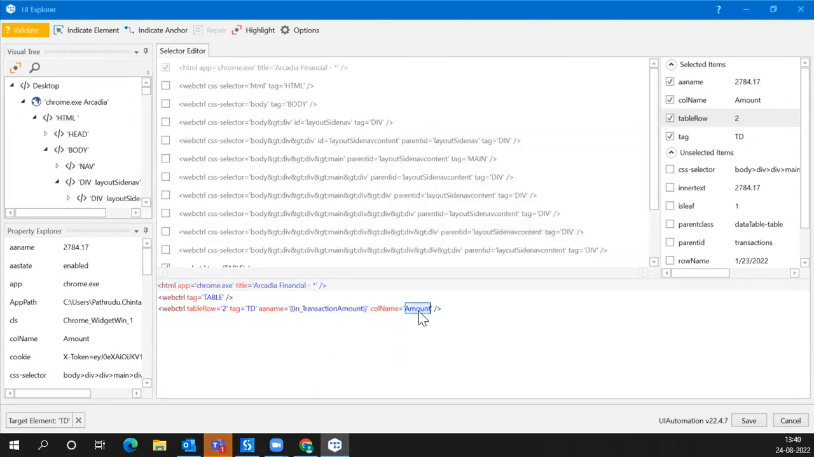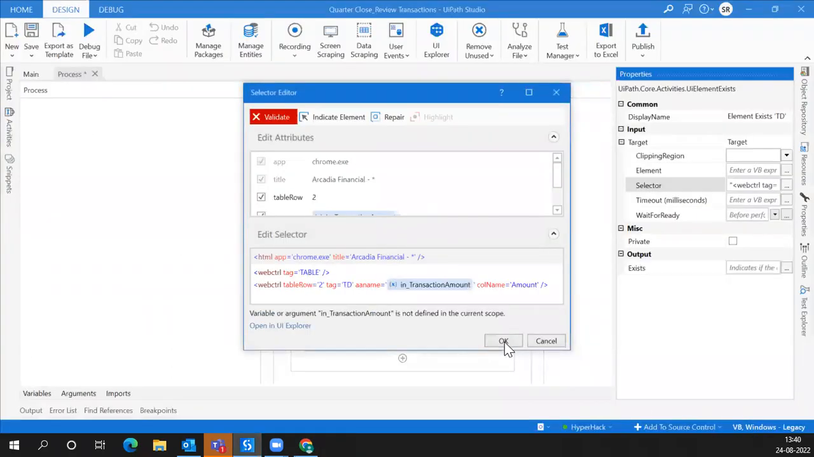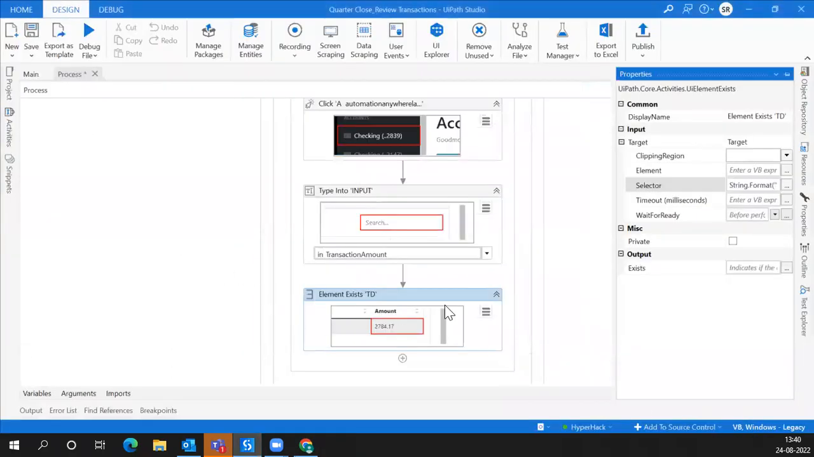So the reason why I have taken the column name is, in case the column is shifted from the sixth column to the fourth column, it should still work, as long as the column name remains the same. So now click on open. And in case transaction exists,